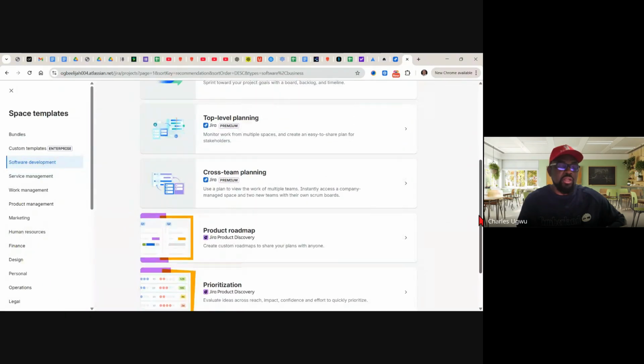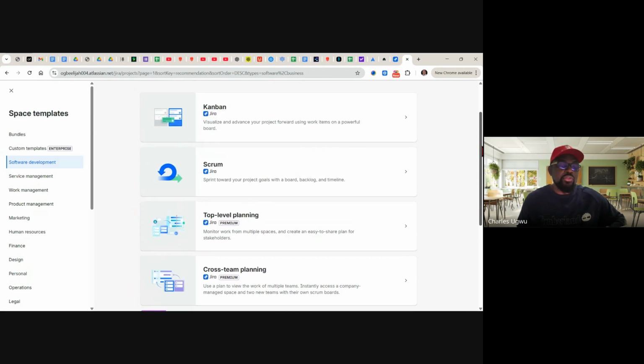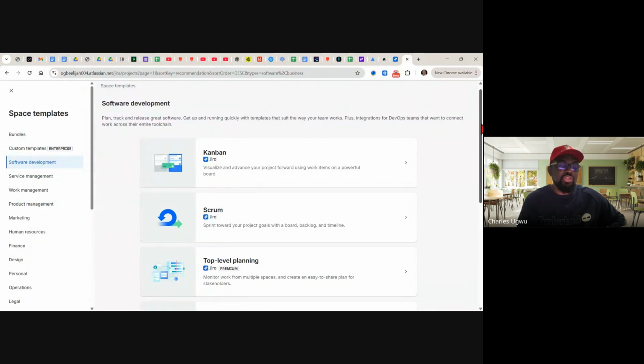Like, it's very clear. This is for product road mapping and this is for cross-functional team. But our own is very clear. We want to manage our project in a Scrum environment, because Scrum is what is going to give us the user story environment, acceptance criteria, bug fixing, tasks, and yeah, Scrum. That is what we're going to use.